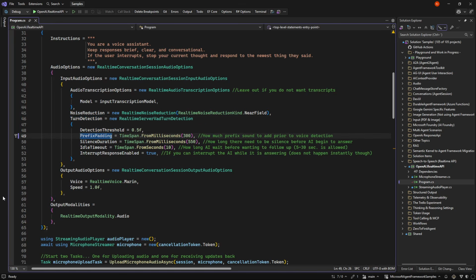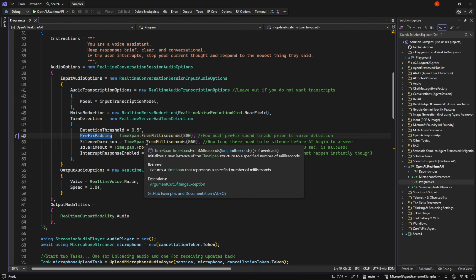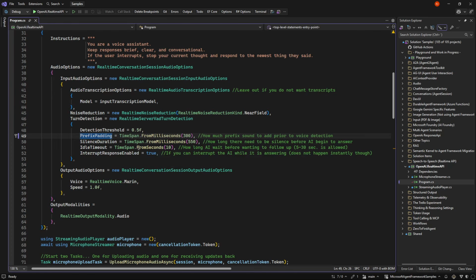You can set various options here, like whenever I start speaking, how many milliseconds do I need to go back in the recording in order to pick up the first words I say? How long should it wait for a pause until it actually begins answering? And how long should it wait before it tries to do a follow-up for us? Meaning, if we are just silent, it says, "Hey, I can't hear you. Is there something we should talk about?"